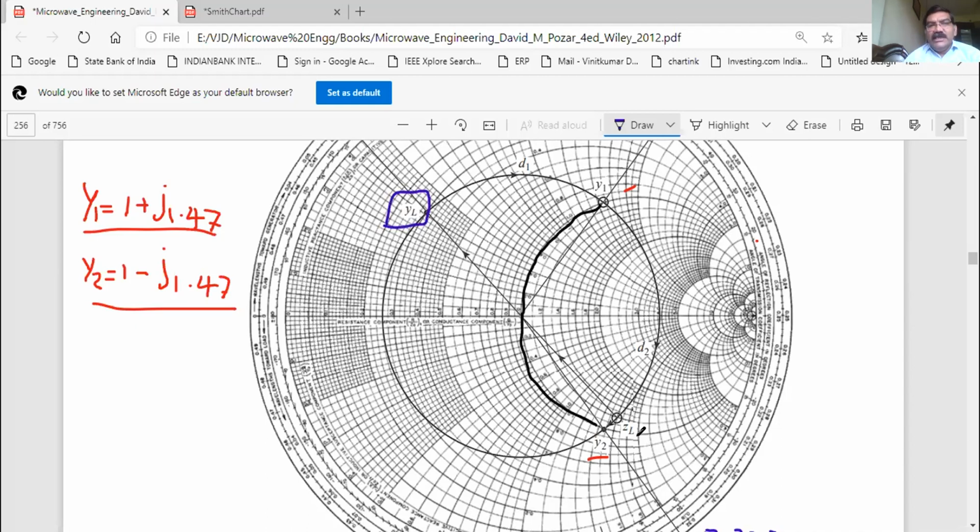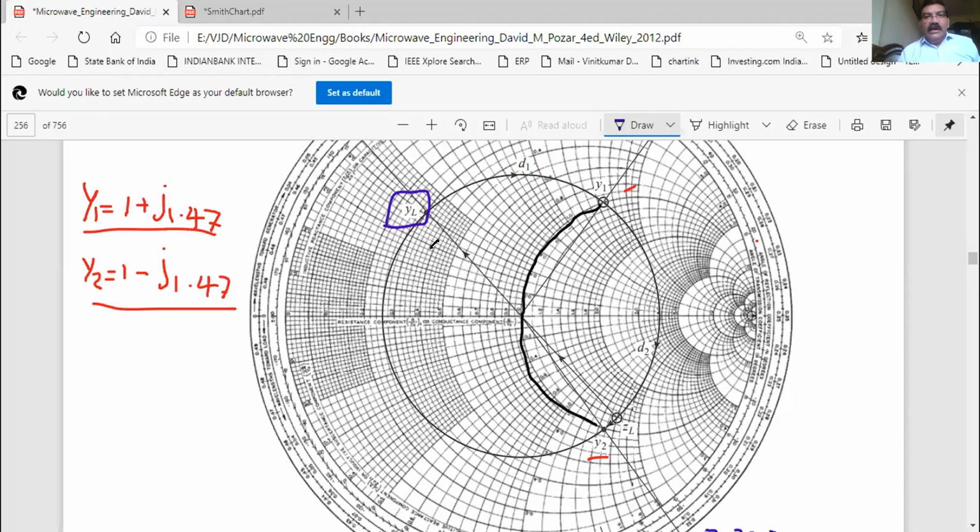Now convert ZL into YL. How do we convert ZL into YL? You just draw a line passing through the origin, that is 1, and extend it outside, and take a rounder, make this round. Where this line gets cut, that is your YL. So I have written the value of YL. YL is 0.3 plus j0.4. So this will be your value of YL.